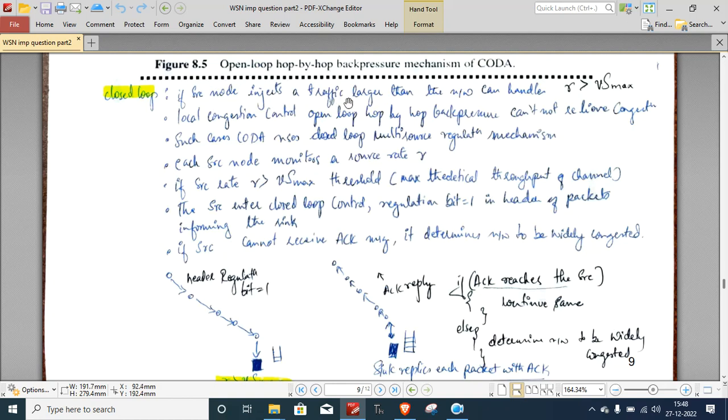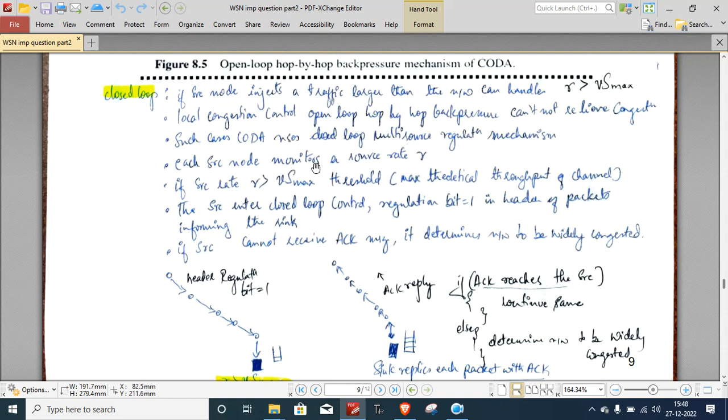If the source node injects traffic larger than the network can handle, R greater than Vs max, the local congestion control algorithm, open loop hop by hop back pressure, can't relieve the congestion. In such cases, CODA uses the closed loop multi-source regulation mechanism.